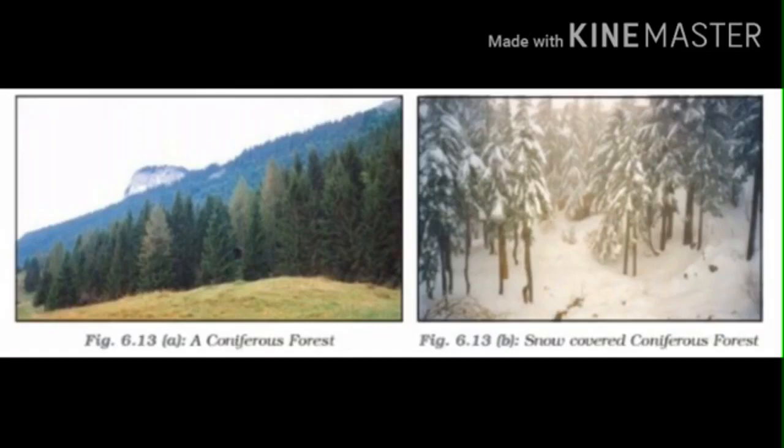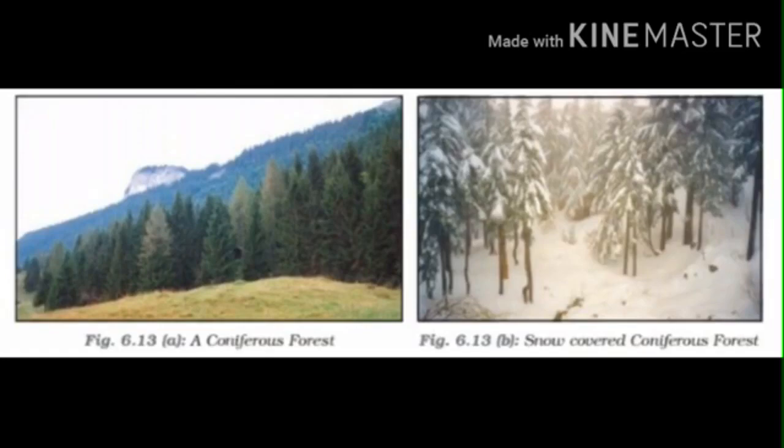Then coniferous forest. Coniferous forest is also called what, children? Taiga. What is the meaning of the word taiga? Yes, it is a Russian word. It means pure and untouched. Clear? What type of trees are found in coniferous forest, children? They have straight and tall trees. These trees have small and needle-like leaves. Okay. Children, are you clear so far? We'll move on to the next one, children.